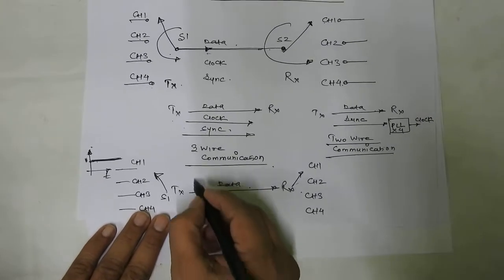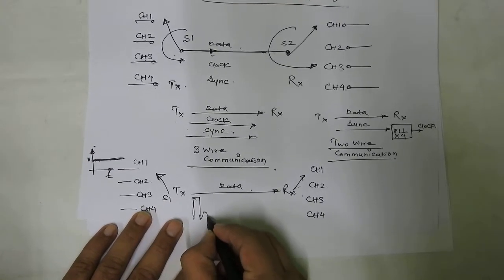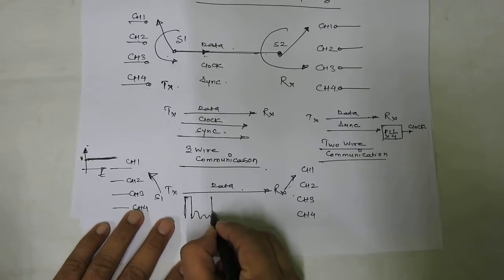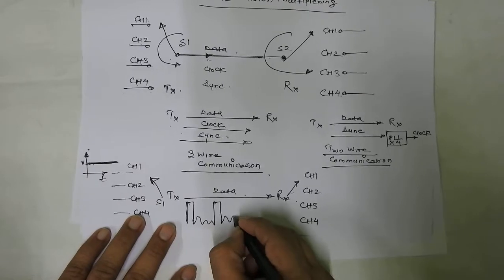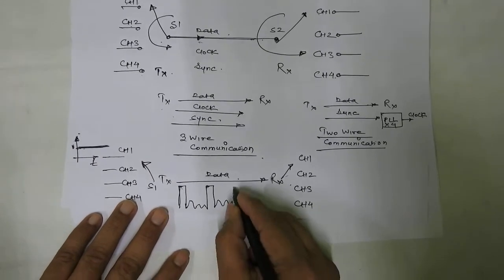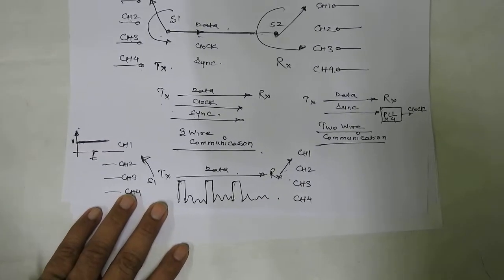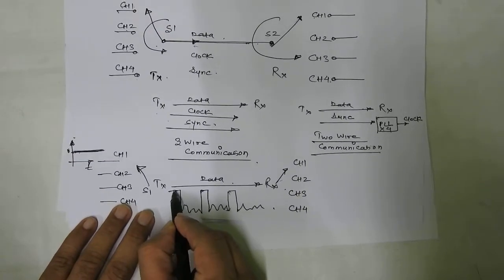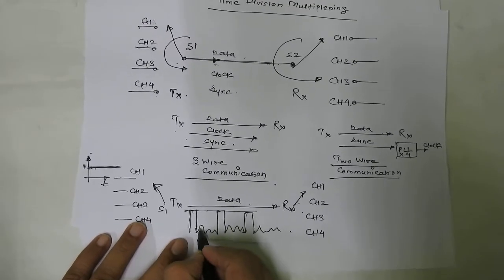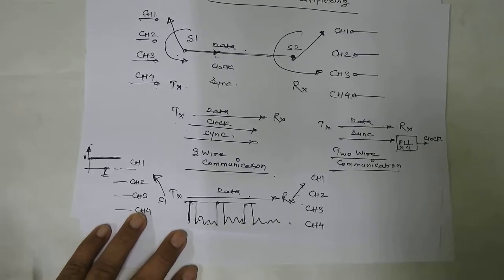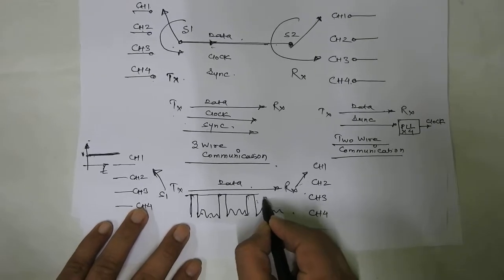So if we see how the signal will look, I will be getting channel 1 constant, then channel 2, channel 3, channel 4. Again I will be getting a constant amplitude pulse because this is DC, then channel 2, channel 3, channel 4. Then again I will be getting a constant amplitude pulse. So every first pulse is of constant amplitude and its amplitude is higher than channel 2, channel 3 and channel 4.